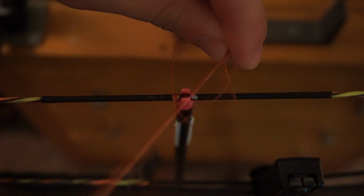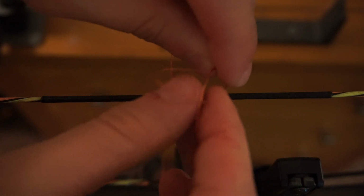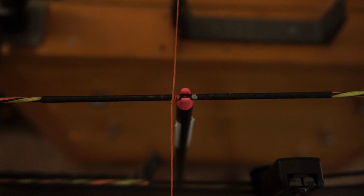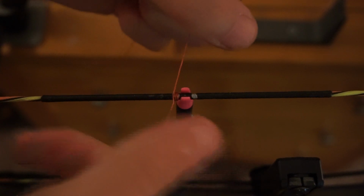And then you're going to go left over right and tie a square knot, and I actually loop it around twice. I found that the knot holds better than if you just loop it around one time. So you're going to tie off a square knot,